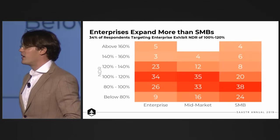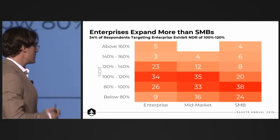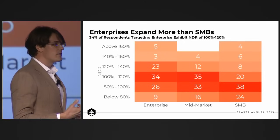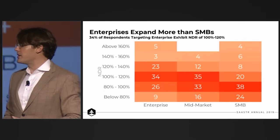This was one of the results where we've invested in SMB companies like Expensify that have phenomenal net dollar retention numbers. And so I thought, broadly across the industry, that you would have lots of different SMBs that had really great NDRs. But when we step back and thought about it and talked to some of our companies, the reality is